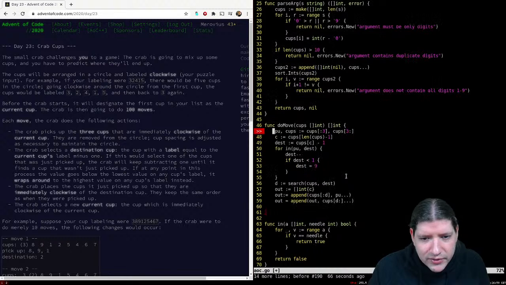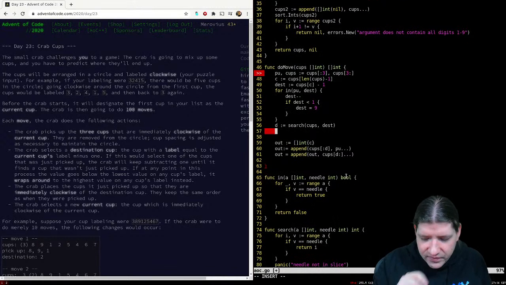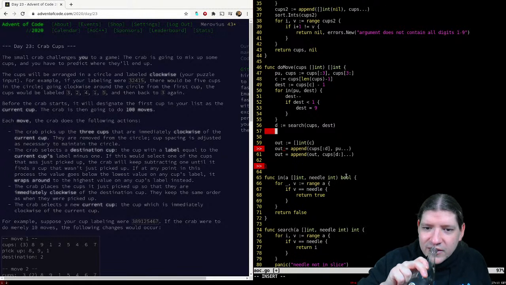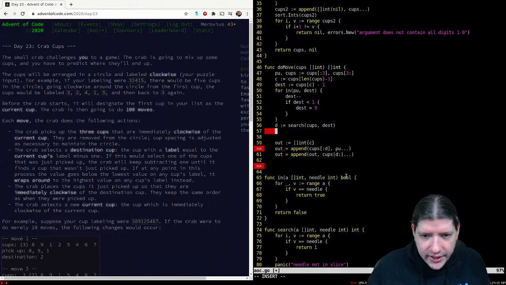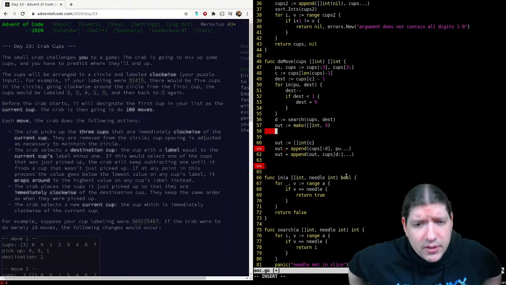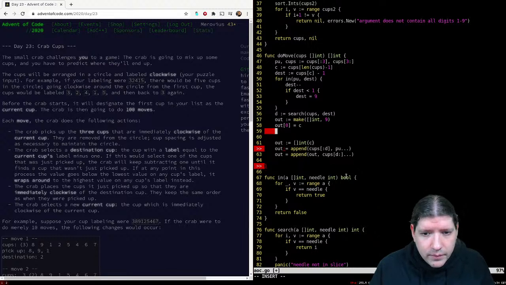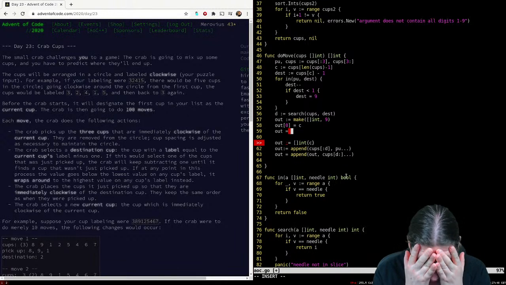Maybe I leave the code in after all, even though I find this horrible. Something like a doubly linked list would probably be better right now, but okay, so just make an array of int. Let's just start from the beginning. So the first element will always be the current cup. So the next 3 elements will be everything up until the destination cup. I'm not even sure if the first element will necessarily be the current cup,